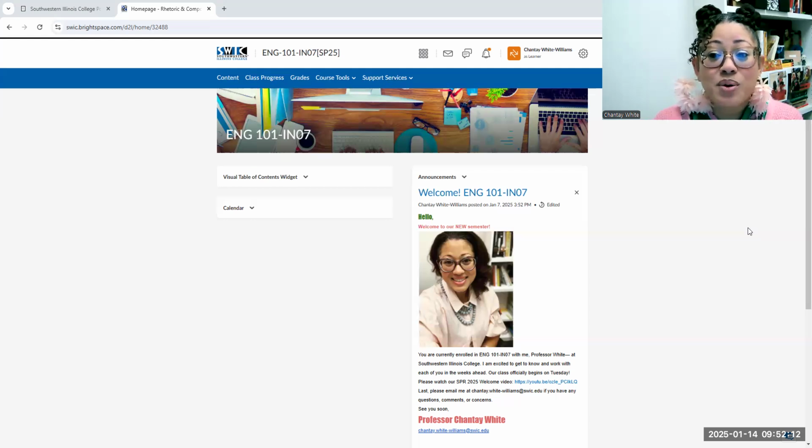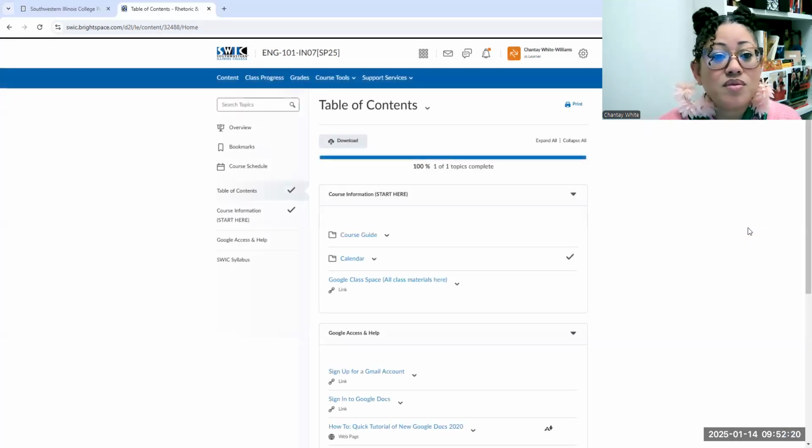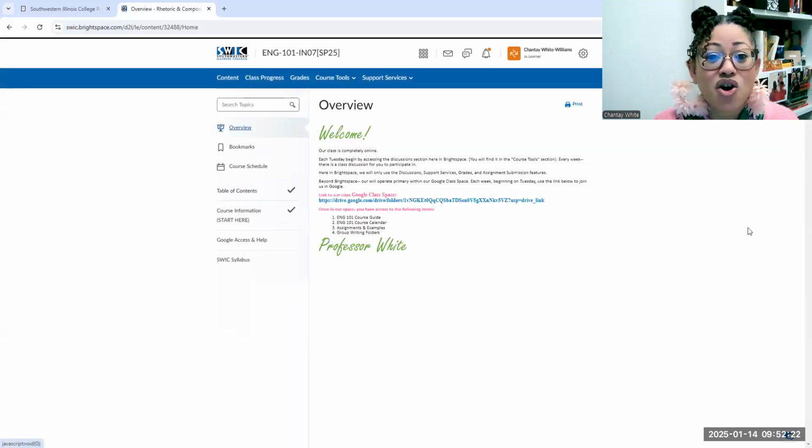Other things that are going to be important in our Brightspace page. I'm clicking on the link at the top that says content. And everybody should start with reading the overview. In that overview, it explains to you that we will use Brightspace limitedly. We use Brightspace in conjunction with Google to be able to perform the things that we need to do in this class. So every Tuesday, again, that announcement pops up, and things that you need to do will occur here